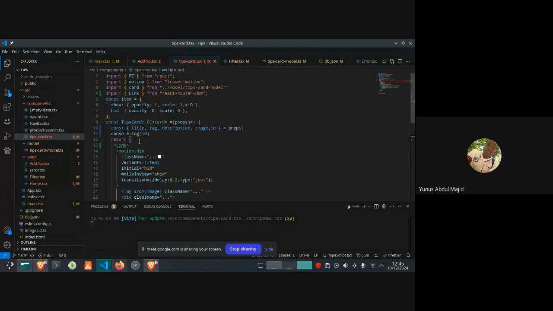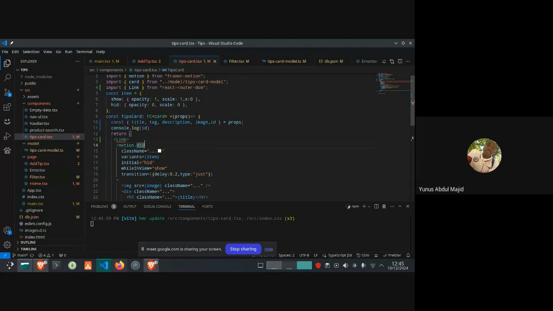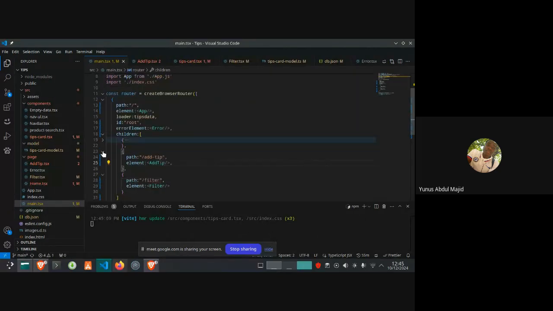Now we need to specify the route we want this to take us to. But we haven't specified a dynamic route on the main. So inside these children, we need to set a component to handle this route.